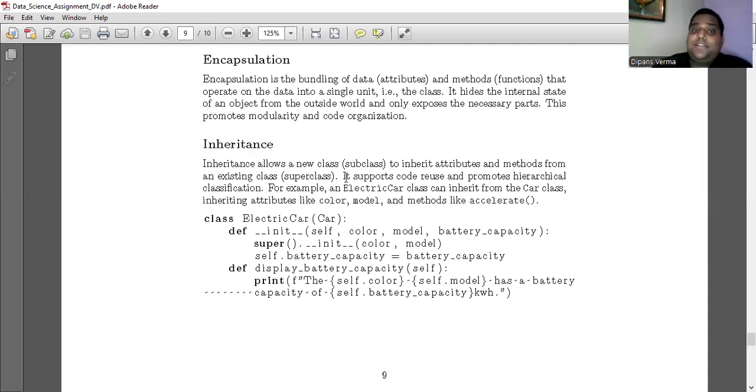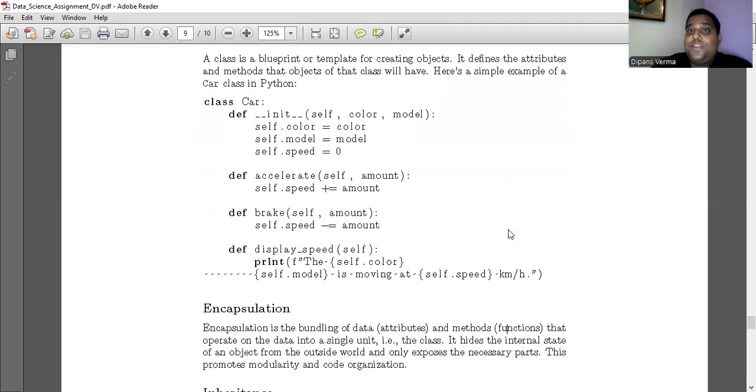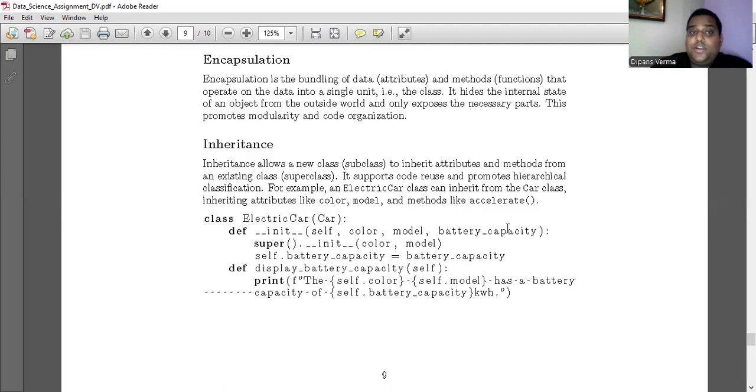So basically this is the electric car. In this we have the initialization function, self, color, model and battery capacity. So we are redefining it, taking one new parameter called battery capacity. But in the car class, we have just taken color and model. So we are adding one new feature, that is battery capacity, right? Then you can initialize color and model